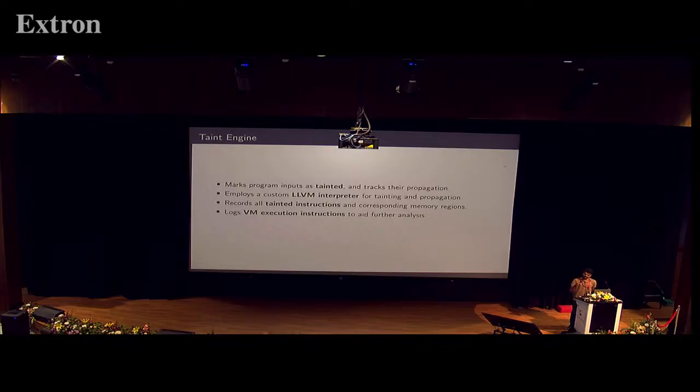We need to record all tainted instructions, because this will give us something called data dependency. So if I have my input, which I taint by default, and then I have result equal to input into 2, now the result is data that is dependent on input. Computation on input gives me result. So this is called a data dependency, so result will also become tainted. Now if the input is stored to a memory location, that memory location is also going to be tainted. So we have certain taint propagation rules. I'll be happy to discuss what the rules are for taint propagation.